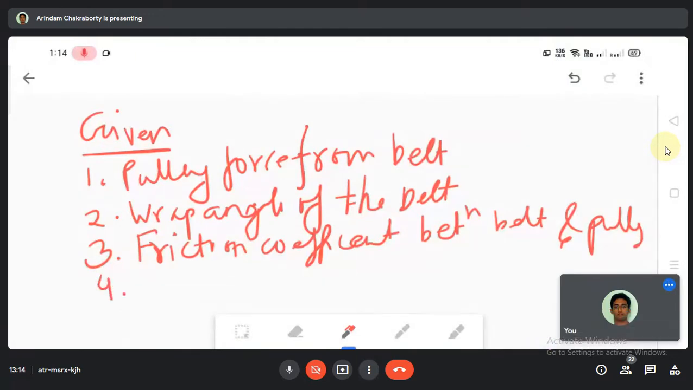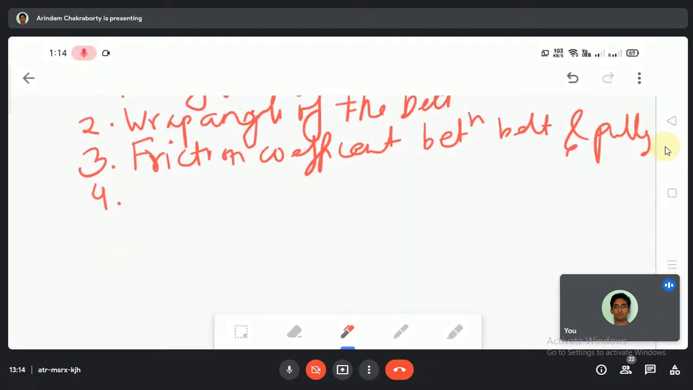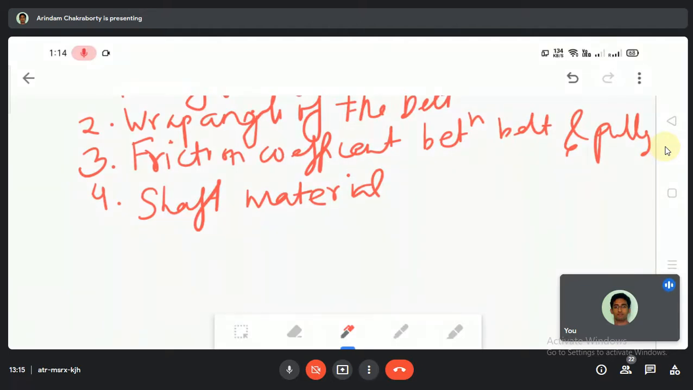Number 4, what else more, pulley, these things, and they will also provide you shaft material. There will be lots more of the thing. So these are the theoretical parts that will be given, as well as factor of safety, FOS. So there will be more, but let us